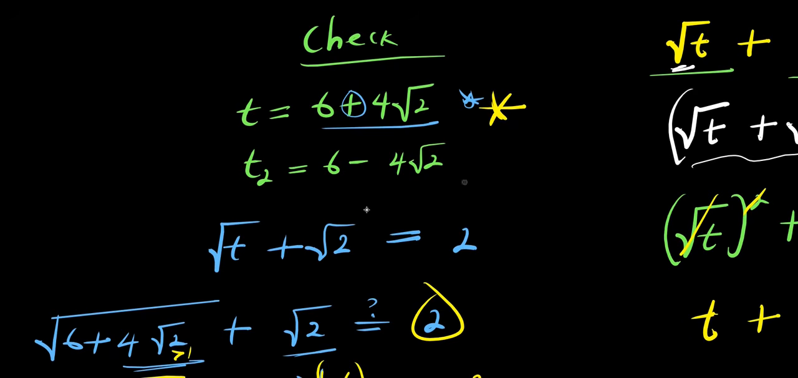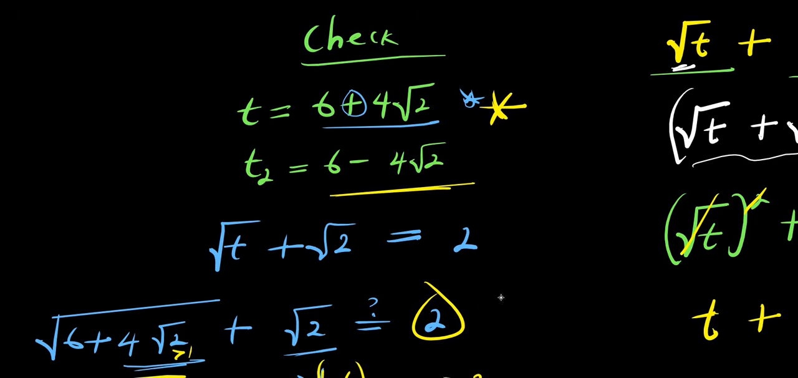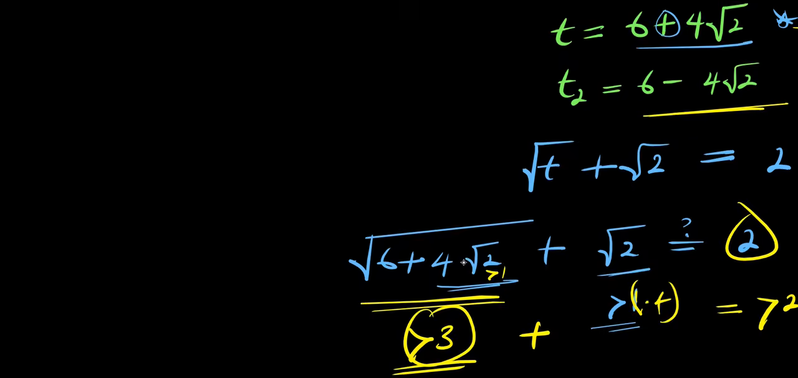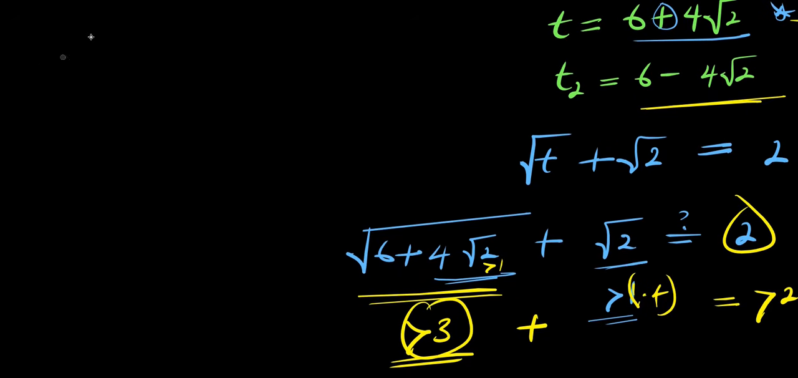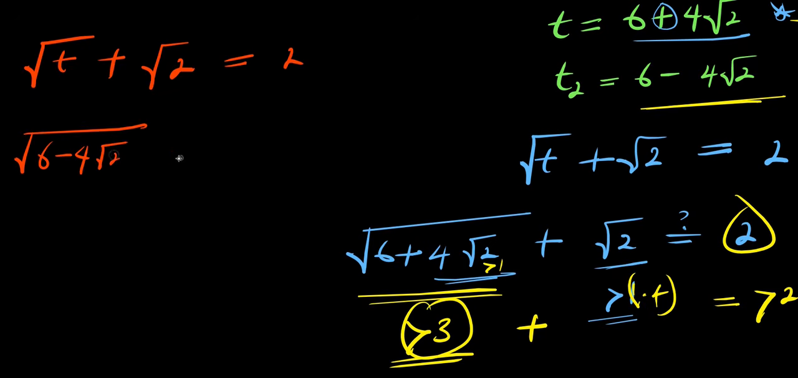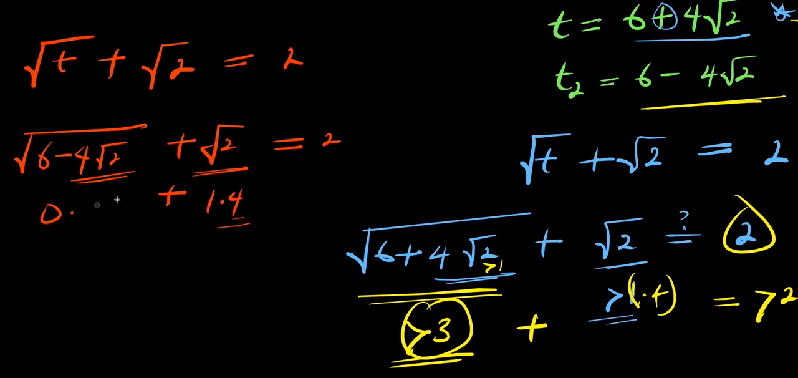This one here. So let's consider when t equals 6 minus 4 root 2. That means we are simply going to have, remember, the square root of t plus the square root of 2 equals 2. And our t is 6 minus 4 root 2. We have the square root of 6 minus 4 root 2, plus the square root of 2, equals 2. This is about 1.4 something, like I said earlier, plus this is about 5 point something. So 6 minus 5 point something will definitely give you a 0 point something, maybe 0.6 or 0.5 something,